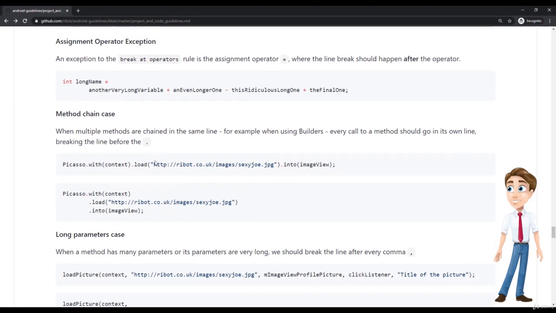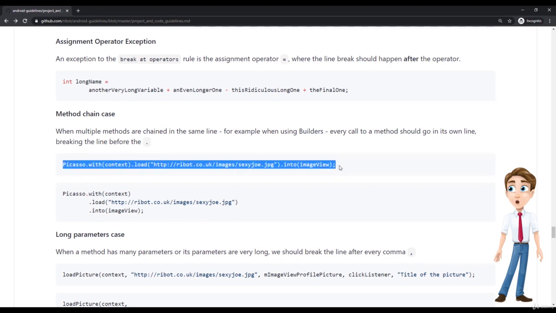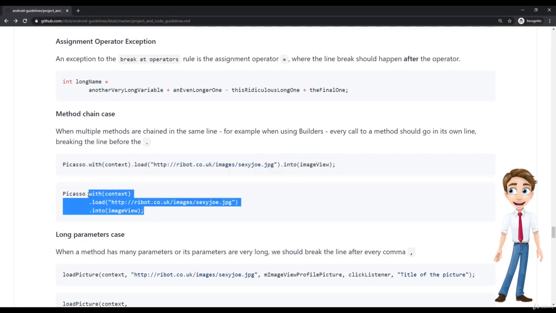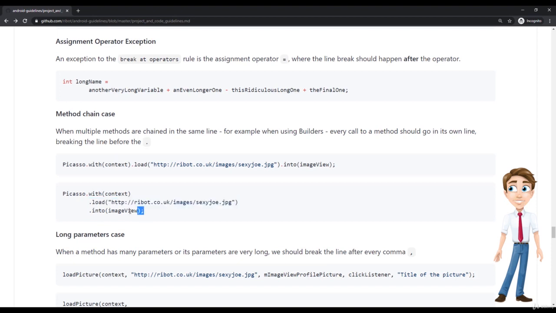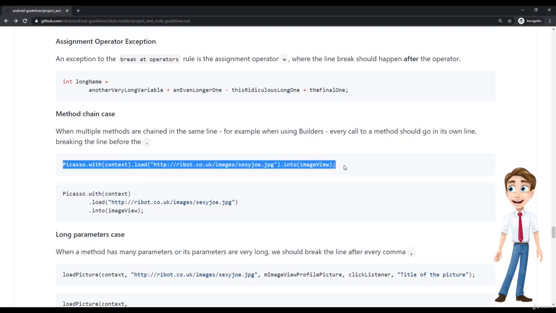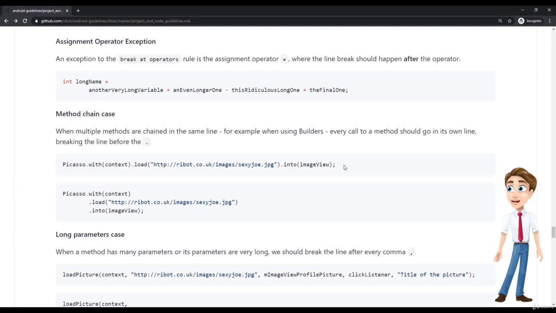If you remember, we had to do a lot of operations on lists, and we used those Kotlin collection operators, and we chained them. How we did it, we chained them here like this, one after another, as you can see in this Picasso example, because it improves readability. Now, if you look at the counter example, which is this one here, it doesn't make too much sense. It's much harder to read, while this one is much easier to read because you can see that you have one action, second action, third action. So I really recommend you to chain this kind of operators on separate lines. It makes the code much more readable, even though you lose some code lines.